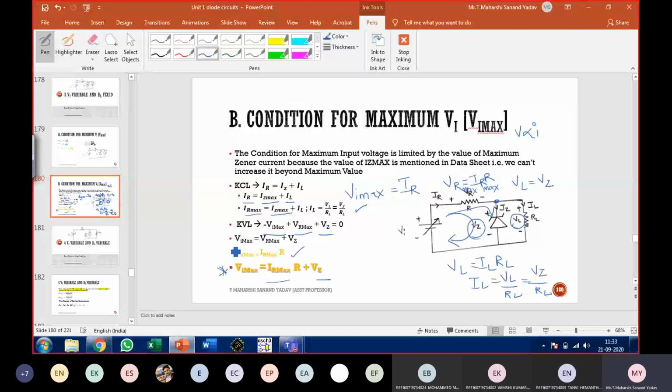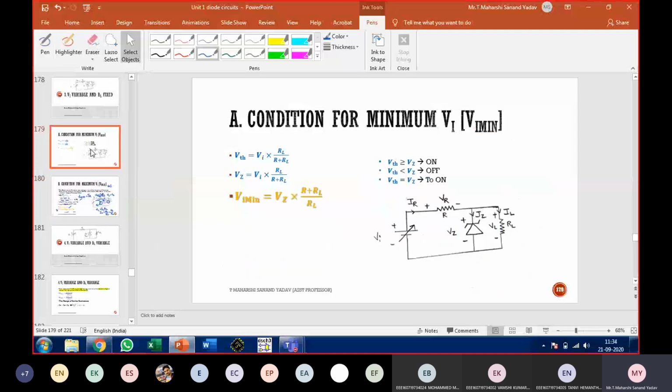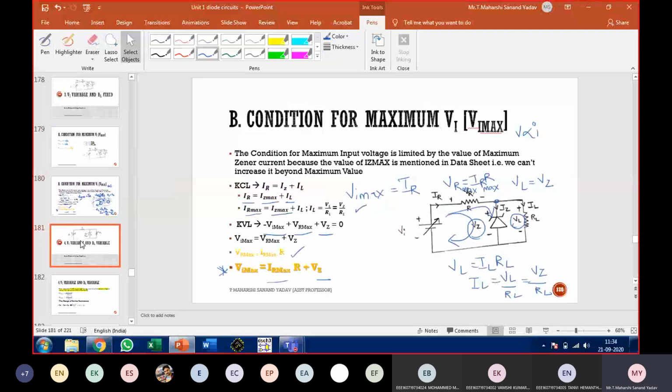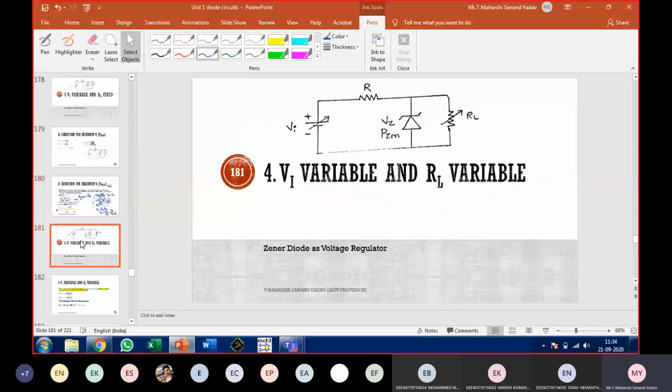From all these cases, you might get one problem, but mostly they won't ask you this under theory. If you are able to remember this concept directly, you can solve the problems. Mostly this concept is useful for solving problems only. That's why I'm dealing with this in detail so that you do not get confused. Mostly you can't expect this question in theory. From unit number 1, definite questions are from filters as well as rectifiers. For the remaining concepts, you need to concentrate more on problems. Clear with these 3 cases?